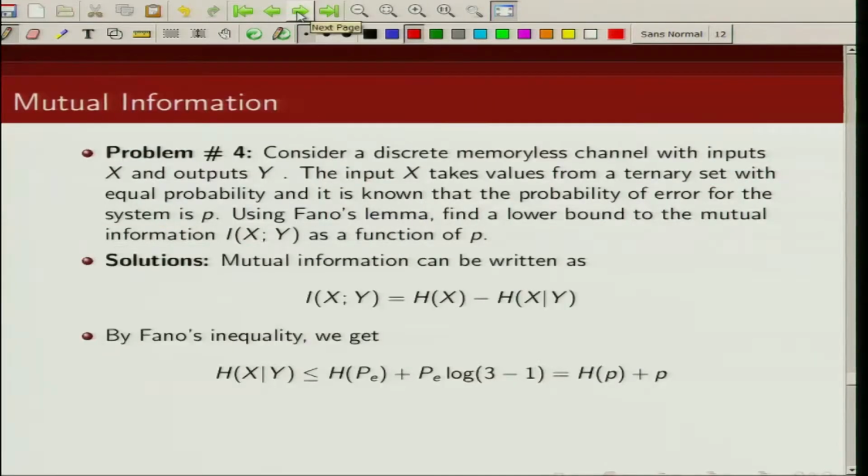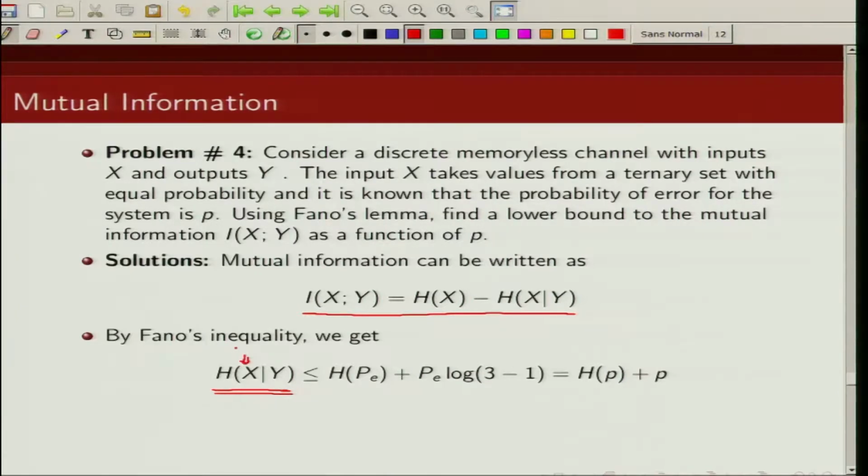So what is mutual information? From the definition of mutual information, we can write mutual information between X and Y as uncertainty in X minus uncertainty in X given Y. Now from Fano's lemma, we know that this uncertainty in X given Y, note this is in the Fano's lemma